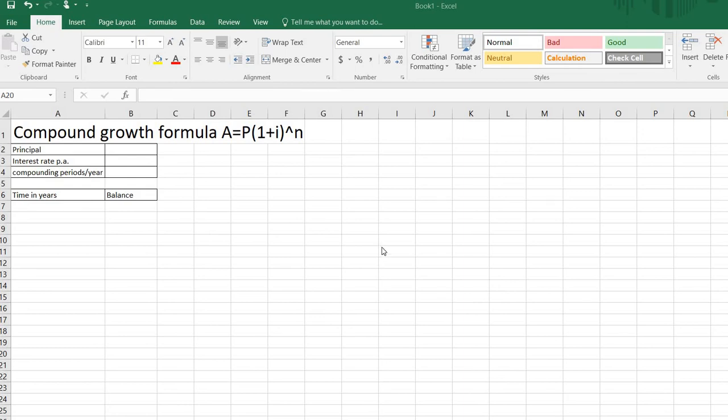In this video, we're going to use Excel to calculate the final balance using the compound growth formula at various intervals. So our compound growth formula is A, our final amount, equals P, the principal or the starting balance, multiplied by 1 plus I, where I is the interest rate per compounding period, to the power of the number of periods